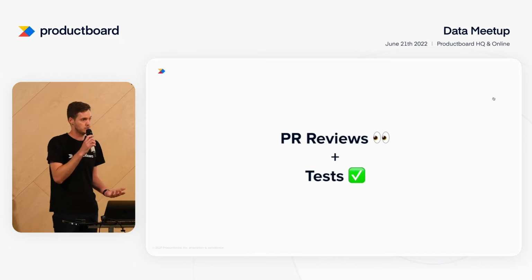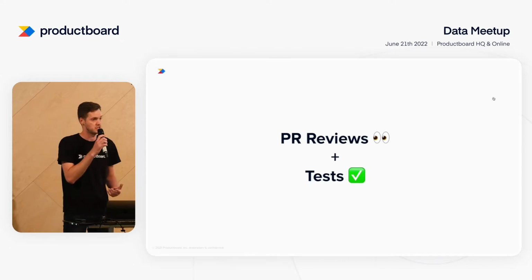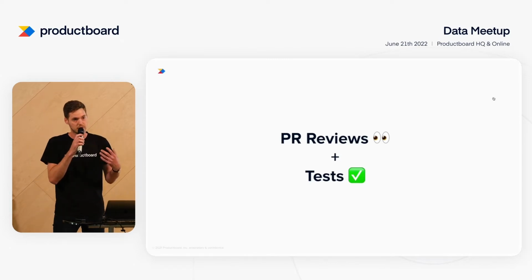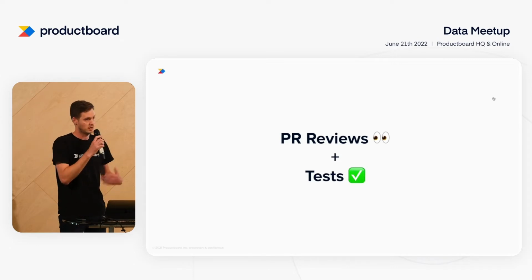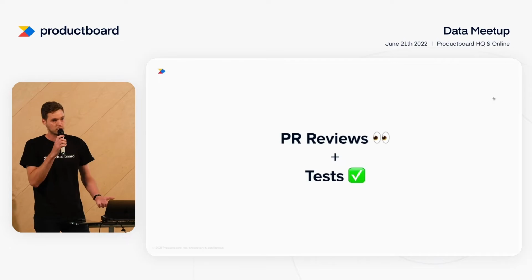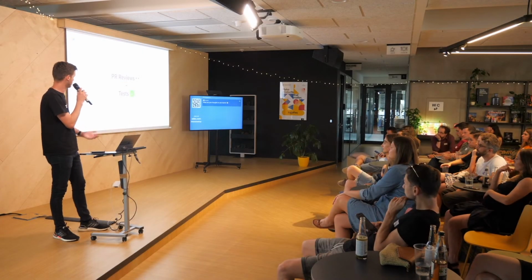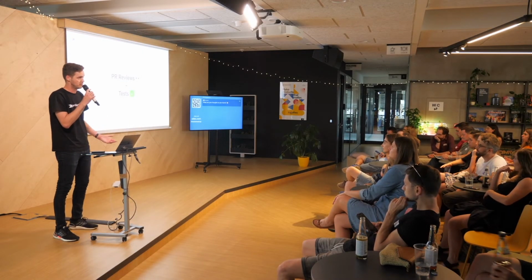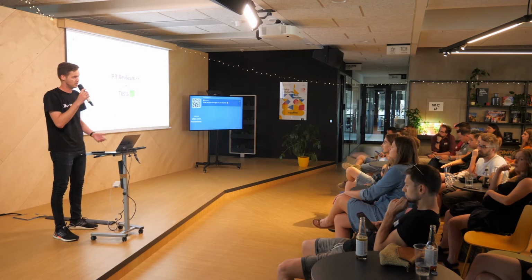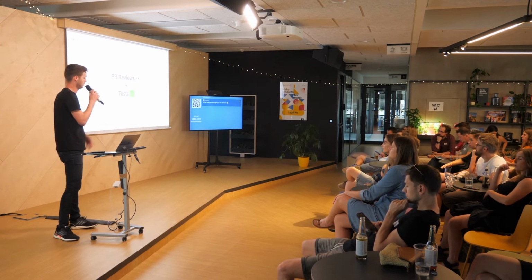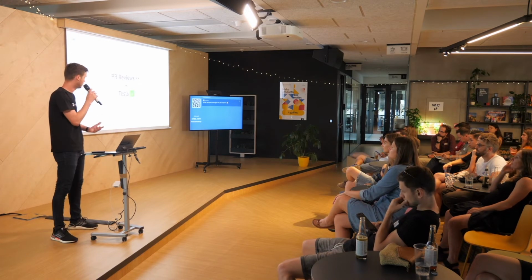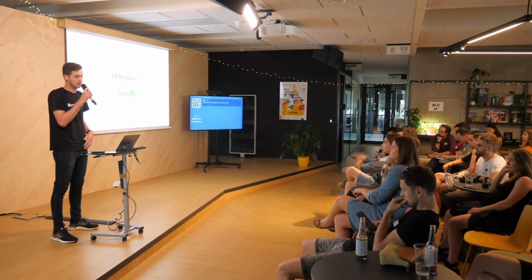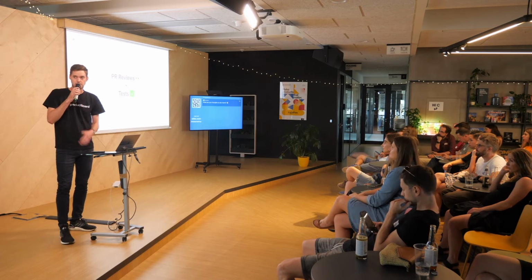So PR reviews. If I want to make some changes in my reports, I have to basically check out a new branch, do some edits, add the description, and write there some context on why I want to make these changes and so on. Then send it to my teammates, for example, to Honza.